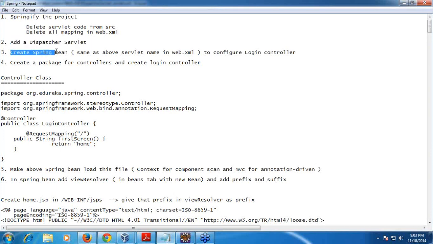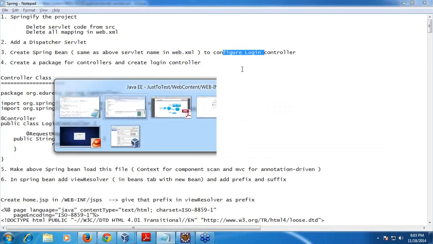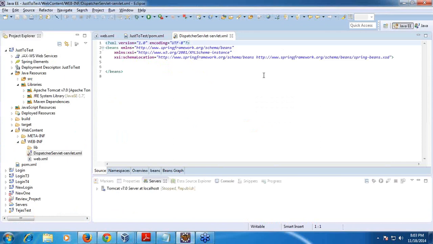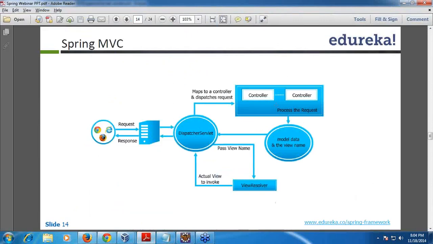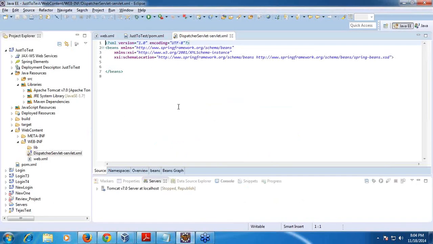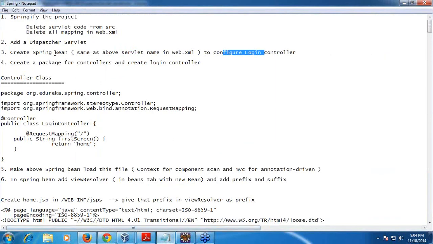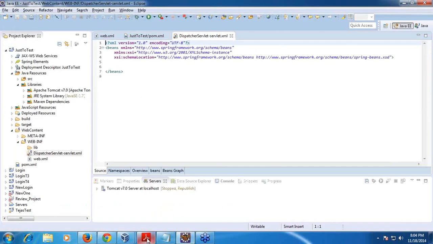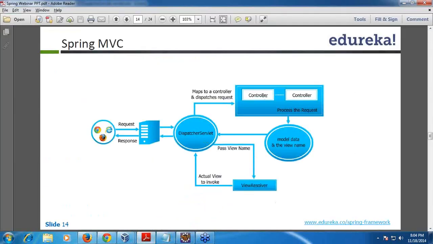And then next I created a bean with the same name as mentioned above in the XML, to configure controllers, what it has to call, right? So when it loads this context, it will refer to some controllers, basic controllers, where it has to go. So now we need to write this controller part. So my default context will map to any controller which I define here in this bean. Right. So for this controller, I will create a package, and then I will create a class called login controller. I am writing this controller now.